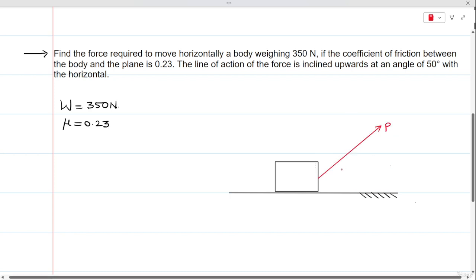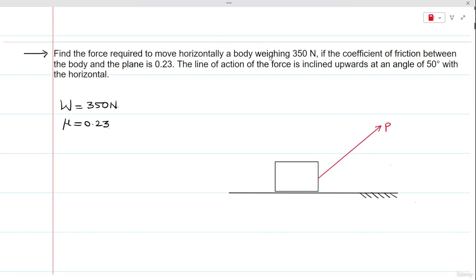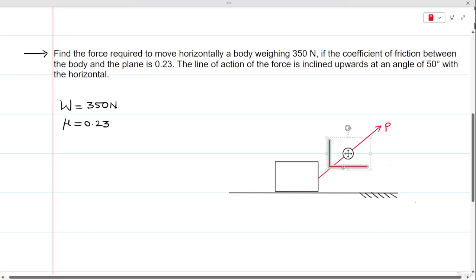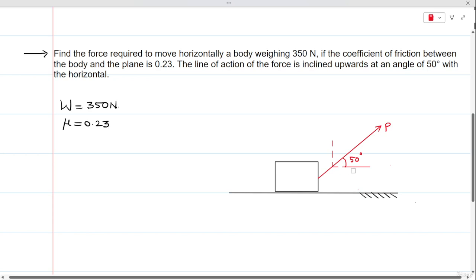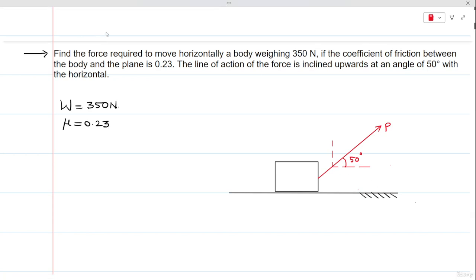Let's say this is the force P, and this force P is going to make an angle of 50 degrees with the horizontal. Let's say this is the reference axis, and let us call this angle 50 degrees. So now the vertical component of this force will be P sine 50, and the horizontal would be P cos